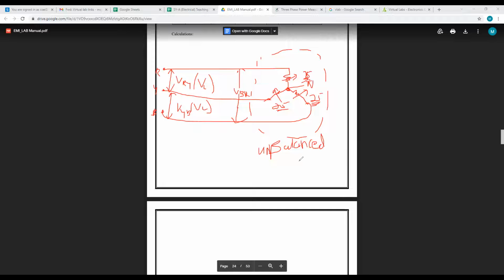If the load is unbalanced, the R phase is unbalanced, the load is higher. So this current is different, this current is different, this current will be different. That is IL, we call it line current. For each line it is different only because the load is not equal. So balanced and unbalanced is clear now?